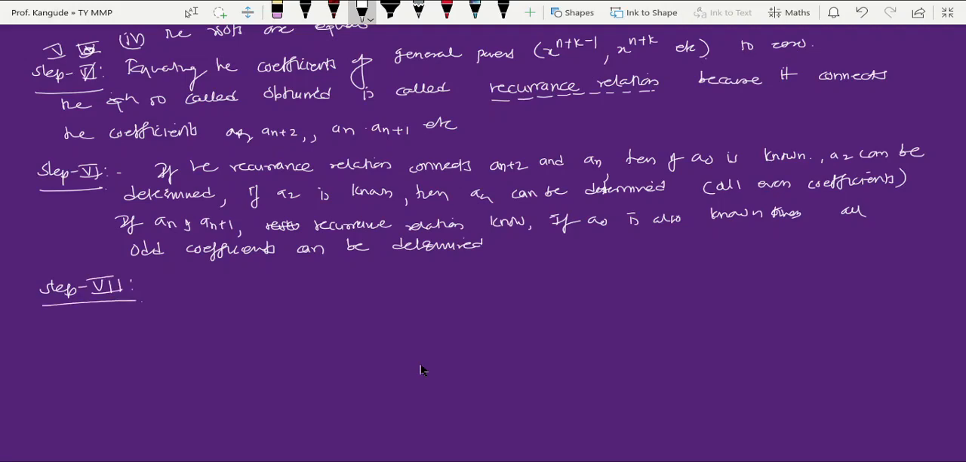Step 7. After getting these coefficients, that is what I just now talked about, the solution is obtained by substituting